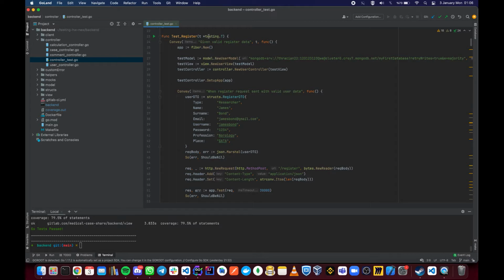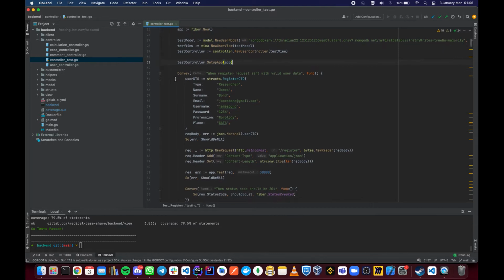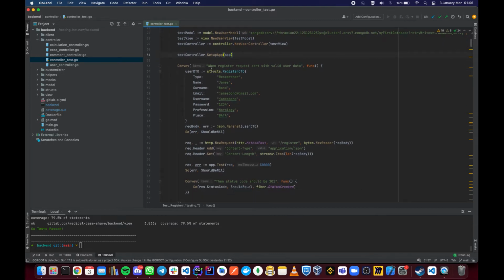We use Convey and the default testing package in Go here. Convey creates the sentences and test stages, something like that. We write given valid register data, and we create a function. Inside the given part, we create our application, our API, and after that, the when part,